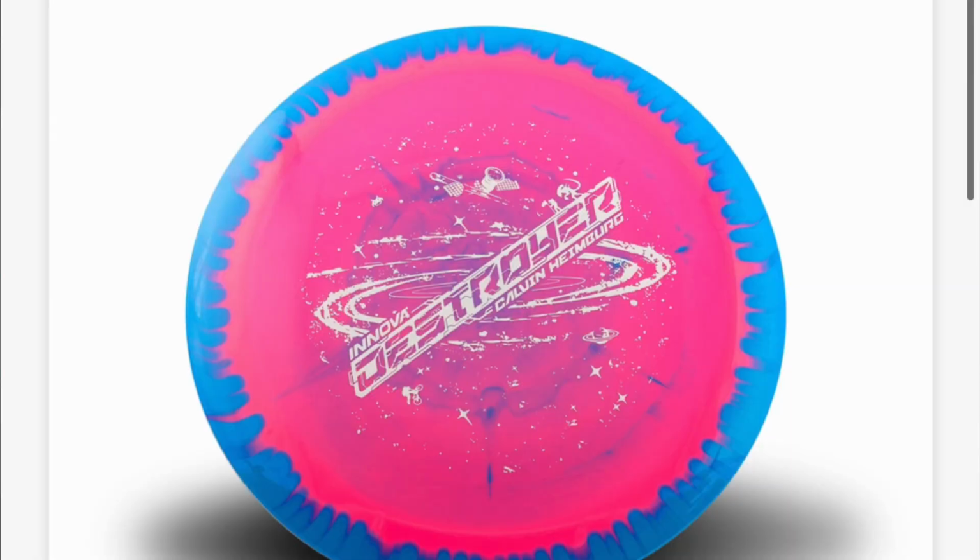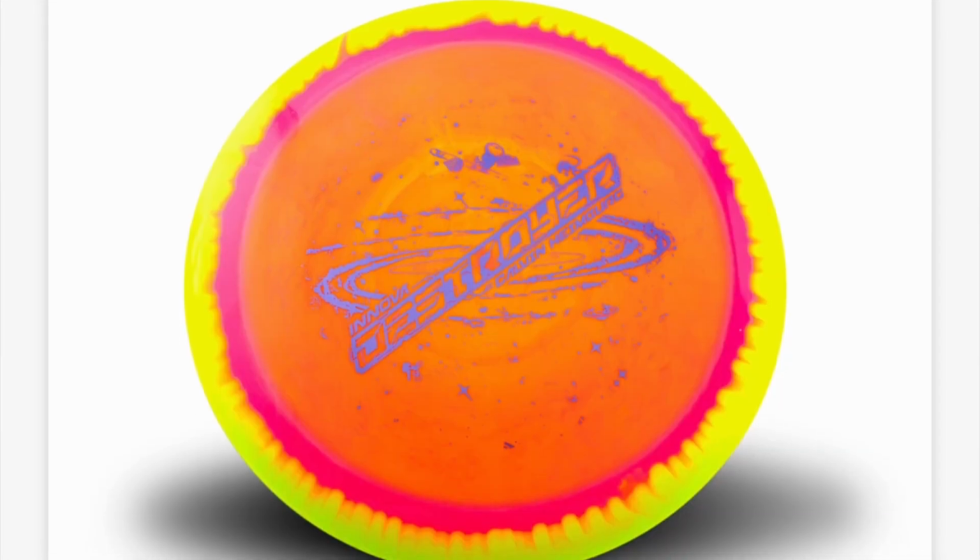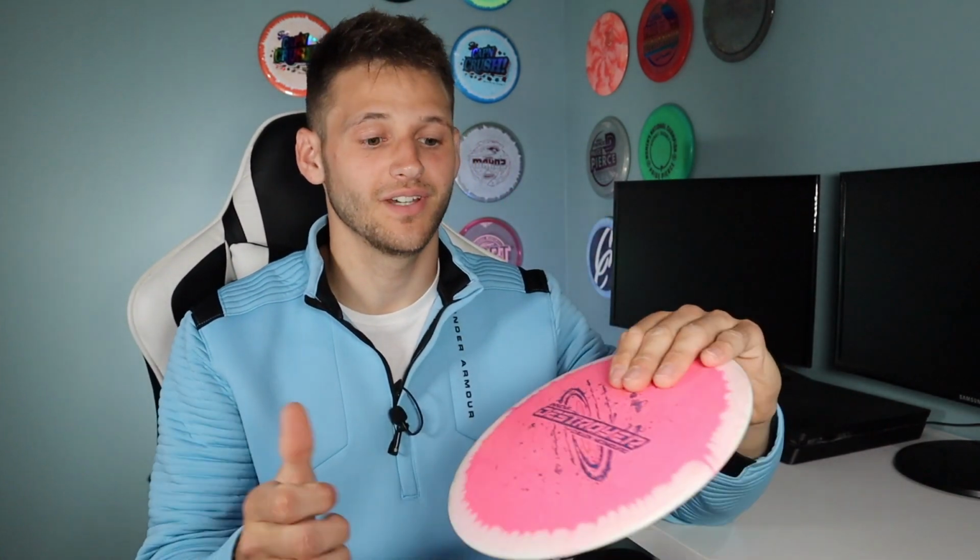Right off the bat, Innova, you did great with the colorways of these Destroyers. Honestly, probably some of my favorite halo plastic yet. I absolutely love the white rimmed halos with the inner solid background. I just think the Calvin Destroyers came out great this year, and I love to see a little bit of a change with the halo plastic. Now, of course, cosmetics aren't going to make this disc fly any better, so let's get into the flight characteristics